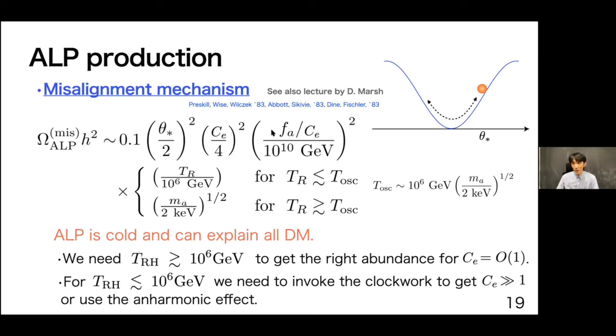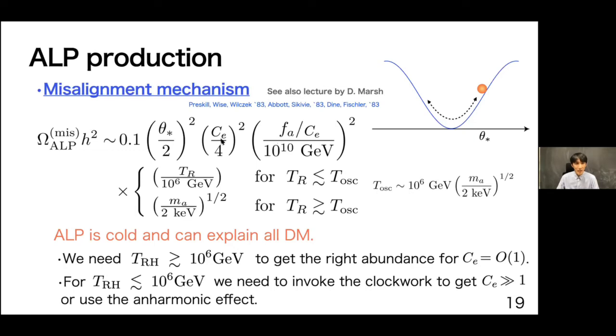And in the other universe, there's no strong reason to expect the axion to sit exactly at the low energy minimum. It is expected to be generically deviated from the minimum by some amount. So this theta star is the initial misalignment angle, which is expected to be of order unity. And then by using the decay constant around 10^10 GeV, suggested by the XENON1T excess, you can explain